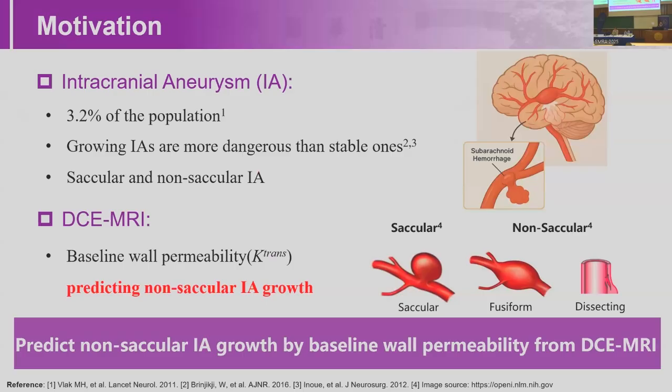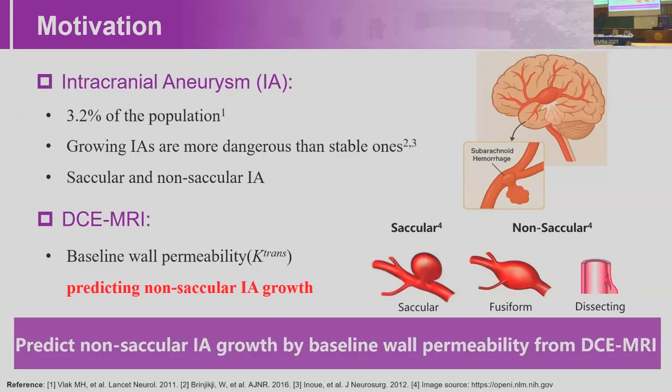In clinical practice, intracranial aneurysm (IA) is a very common cardiovascular disease affecting nearly 3.2% of the population. Growing IAs are much more dangerous than stable ones. Recent investigations proposed wall permeability as a predictor for the rupture risk of aneurysm. As we know,